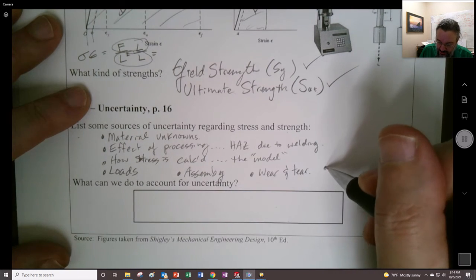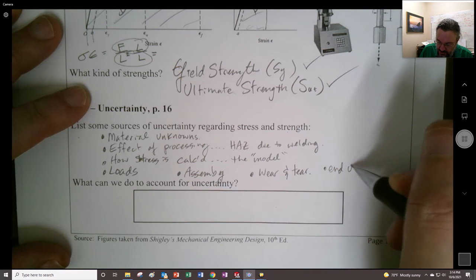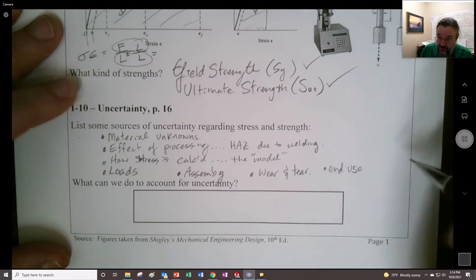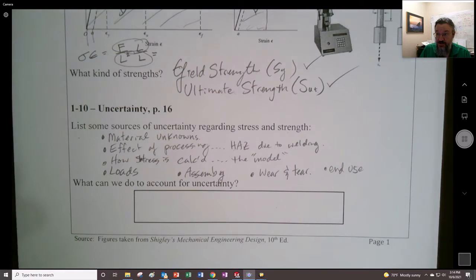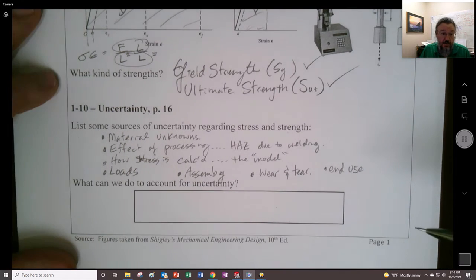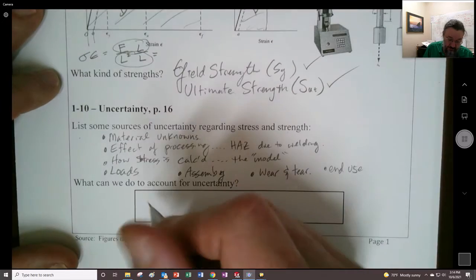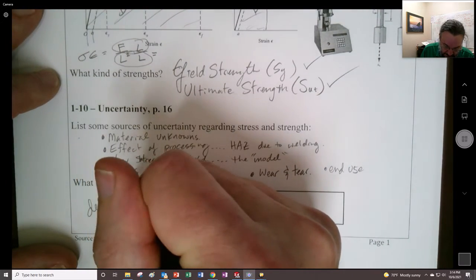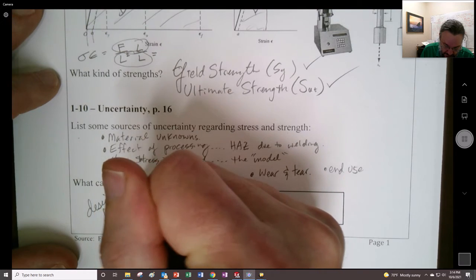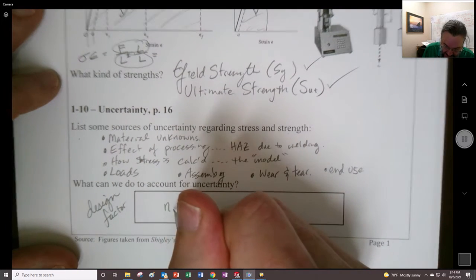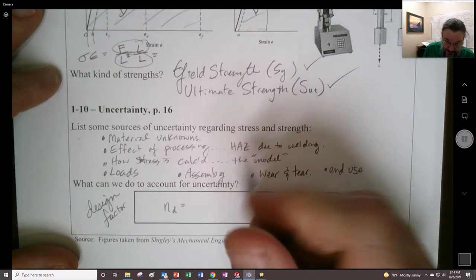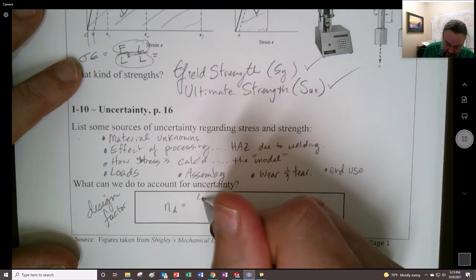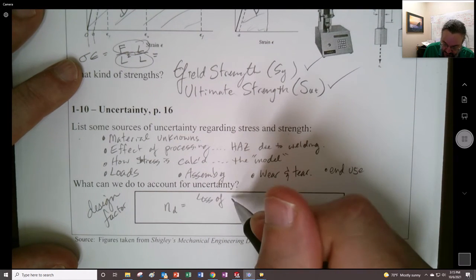So even end use is maybe something we might want to consider: how is the thing going to be used over its life? So how do we account for that? We account for that with a design factor, which we define as N subscript D, and that's going to be loss of function parameter